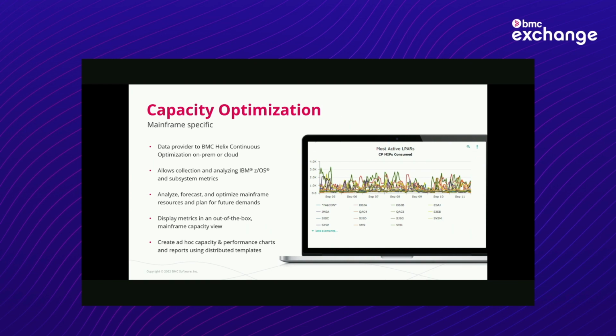So this is not just, this allows the joined up capacity management piece as we go forward. It also allows for deep dive into the mainframe specific, so to capture information around z/OS and subsystem metrics and those kind of things to get some out of the box views to make sure that's there, and to allow the forecasting and then the analysis of the mainframe system is really, really good. Also, the ability to generate ad hoc capacity performance charts to help senior management understand both